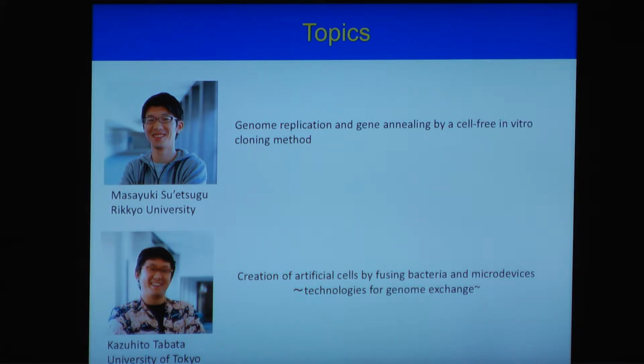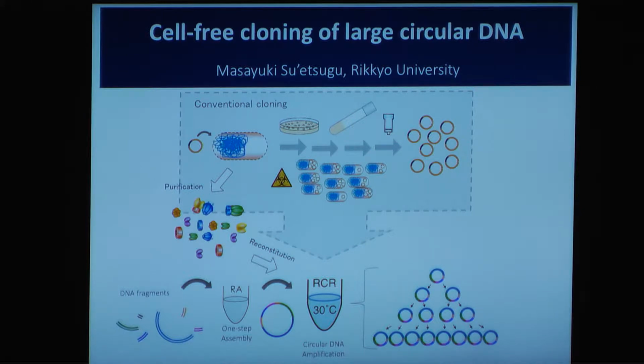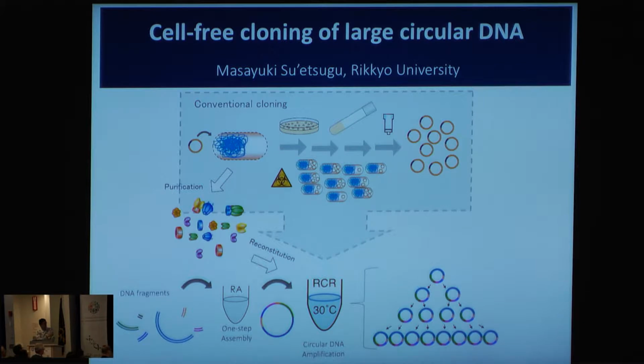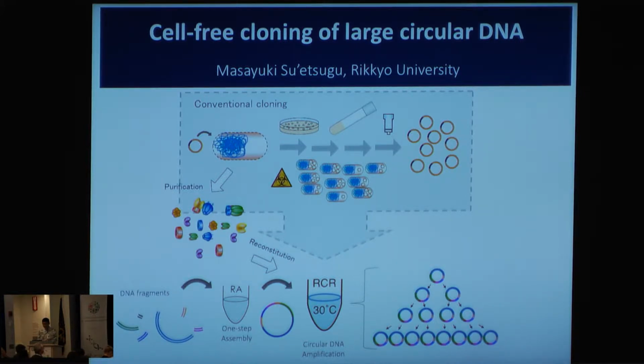So my work involves creation of the artificial cell by fusing together the content of bacteria and microdevice. The first topic is here. Contemporary gene cloning method involves the transformation of the plasmid and culturing the cell. This process normally takes 2 to 3 days. Moreover, there are a number of biohazards included. In our method, we can extract required genome replication component